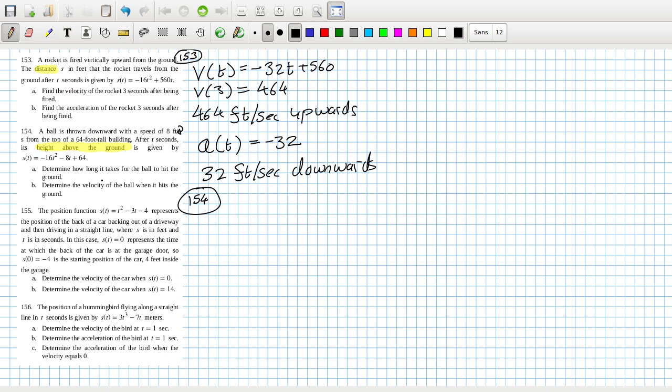Determine how long it takes for the ball to hit the ground. So that's just a matter of solving s(t) equals 64. So that means minus 16t squared minus 8t plus 64 equals 64. Cancel, cancel. Divide by minus 8. So that's 2t squared plus t equals 0. T